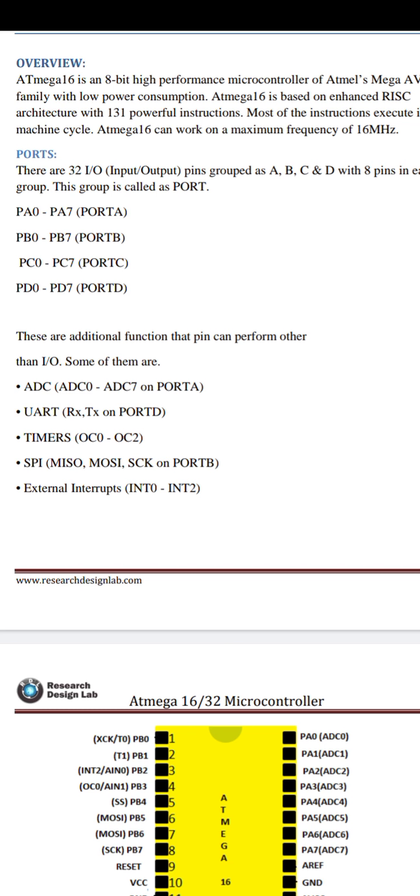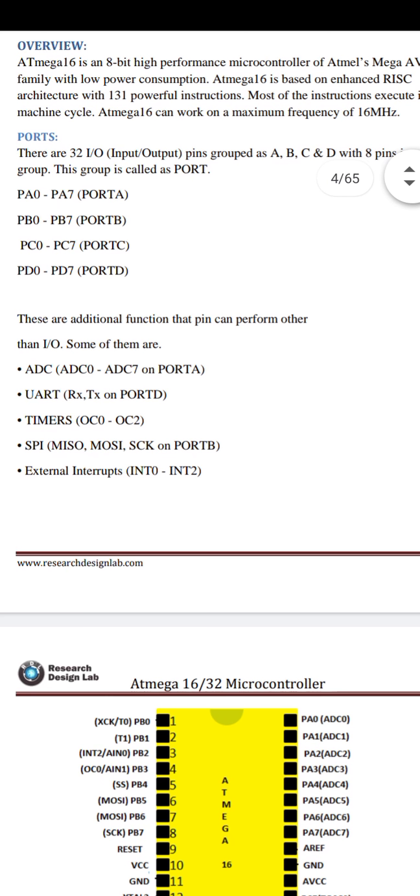Second is port B, PB0 to PB7. Port C is PC0 to PC7, and port D is PD0 to PD7. So there are 4 main ports, each with 8 pins.